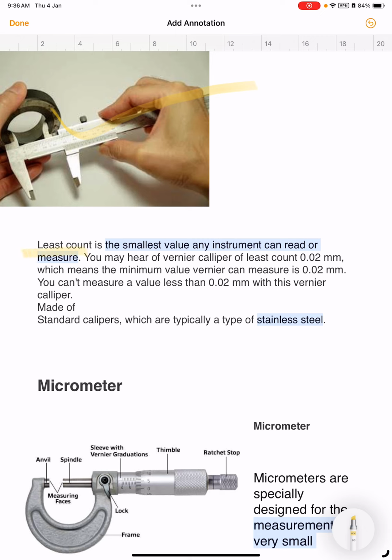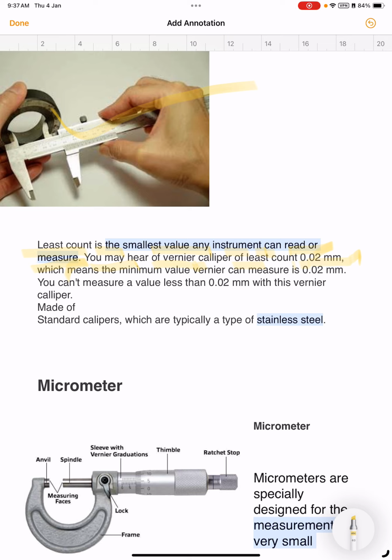Commonly, least count. What is a least count? Least count is a measurement of the smallest value an instrument can measure. That is called the least count. Least count is the smallest value any instrument can read or measure. You may hear of a vernier caliper with a least count of 0.02 mm. Least count means the smallest